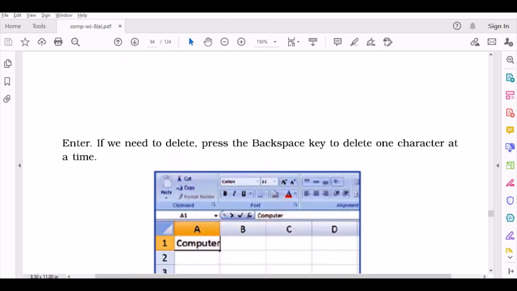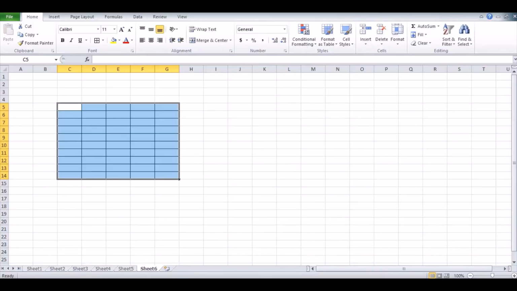Now entering data. Let's say you want to enter some data: computer, computer 1, 1, 2. Now if I want my cell to show all the information that I have given, for example "Computer class", the cell is showing incomplete information.